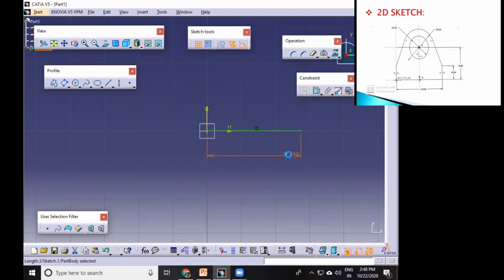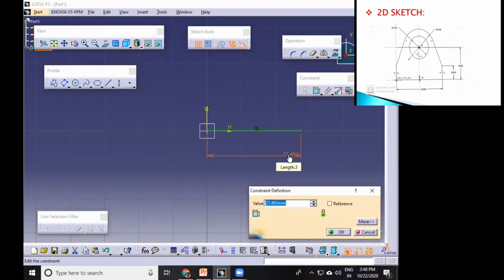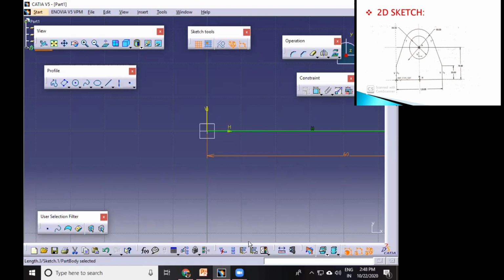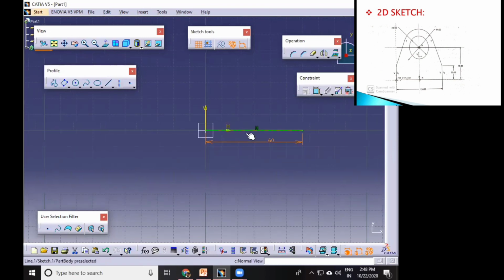Okay, double click; your line is 120 mm, so give its half, 60 mm. Okay, the total line is 120 mm, so this is a mirror operation. When you select it and then mirror, okay, the total line is 120 mm.